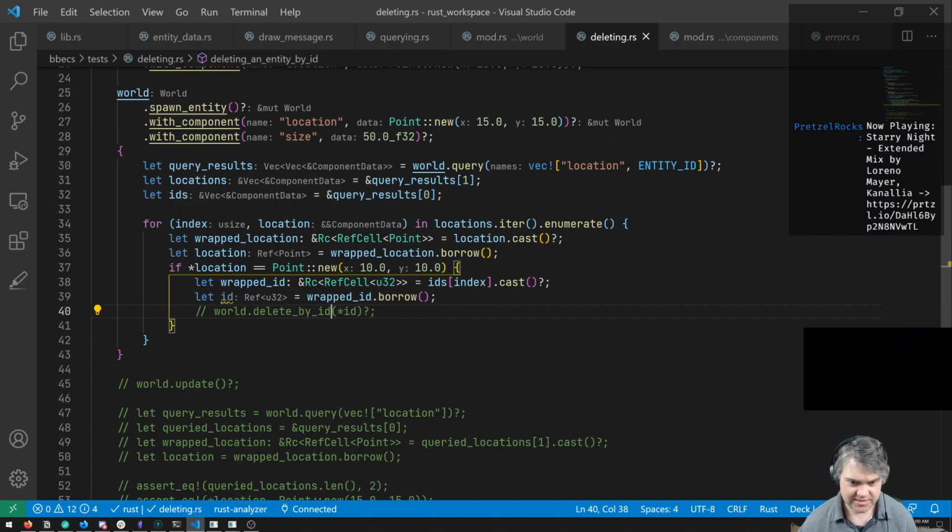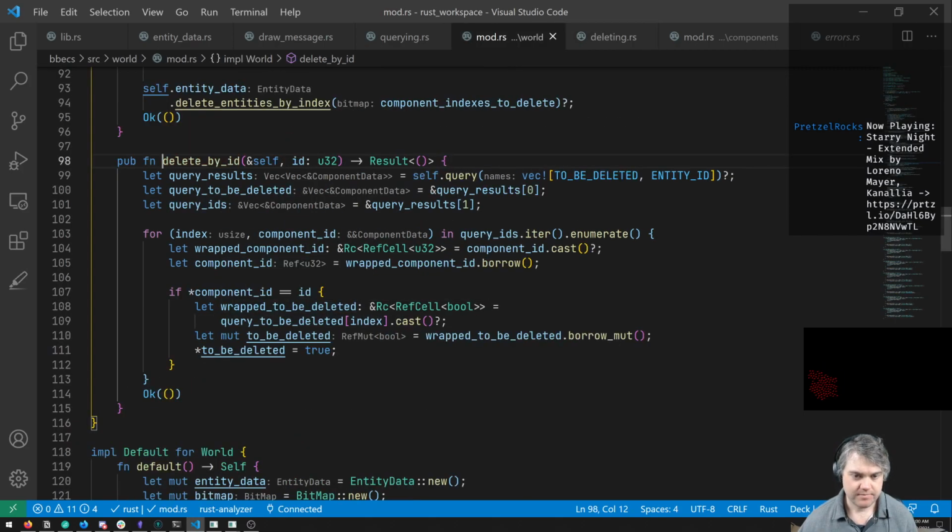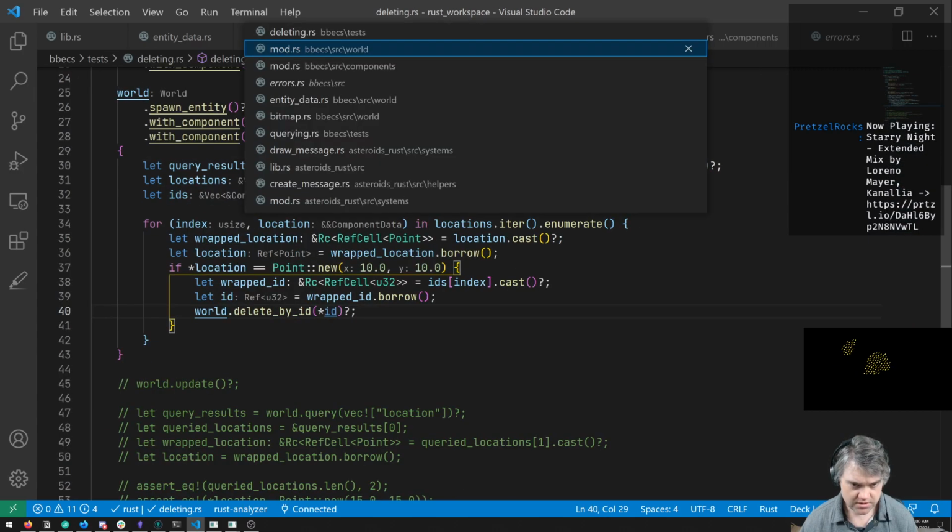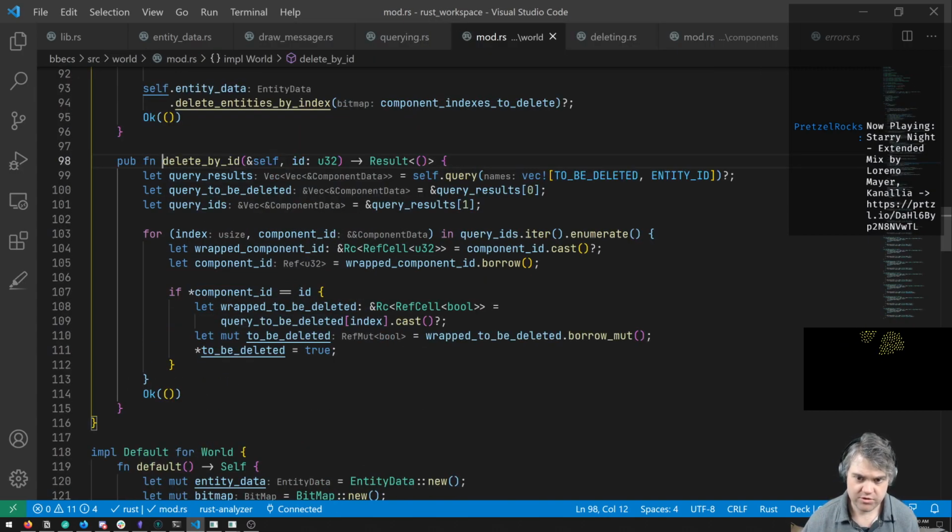Okay, we're getting somewhere. In world delete by ID, we pass it the ID, which is this ref of a U32. We take the U32. Query result. Okay, so we query out of here. We get to be deleted.